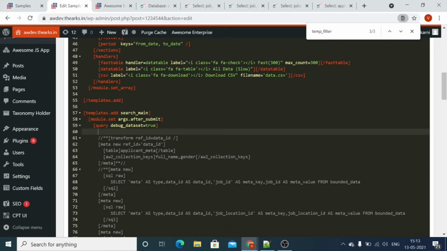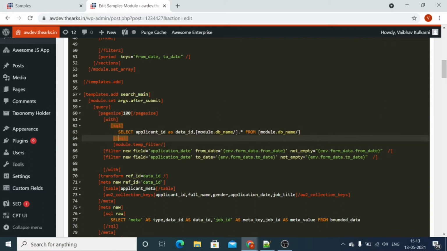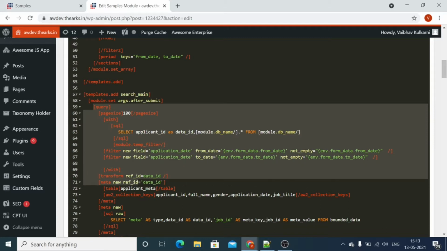Now this main search result is split into various parts. So basically we will first put our query part.